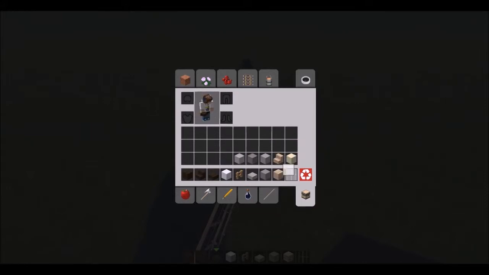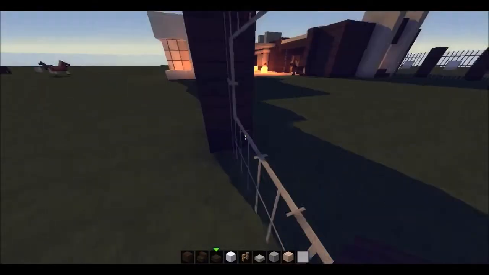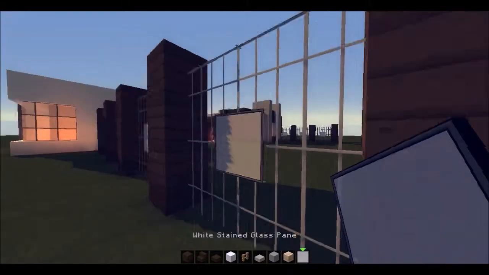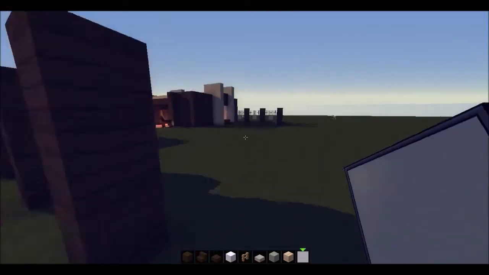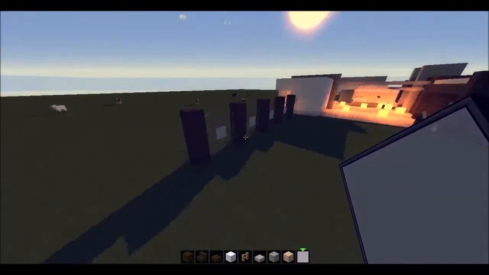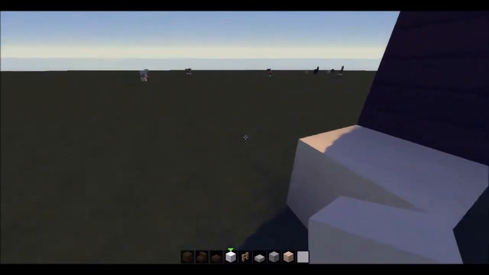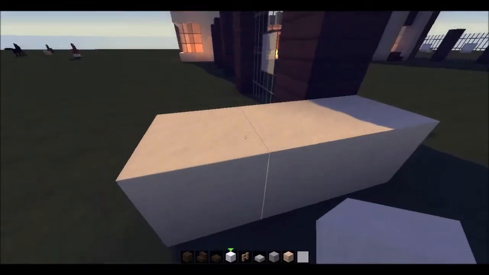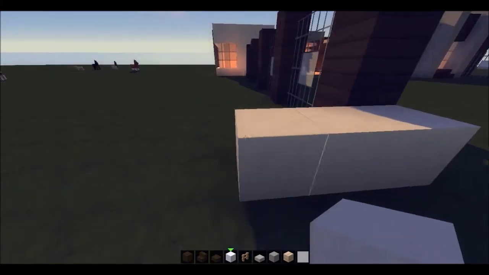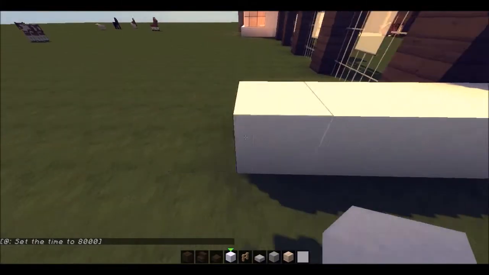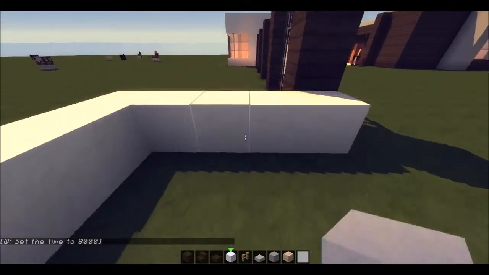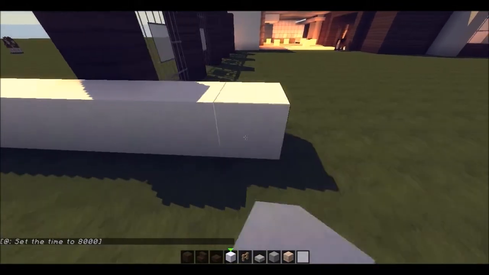Let's grab a window pane, and it occurs to me I could just grab one from that fence over there with the middle mouse button, but it doesn't matter. So let's start with the snow right here. The wall, how many blocks does that one come out by? That one comes out by 4. Let's come out by the same right here, and we'll come in by